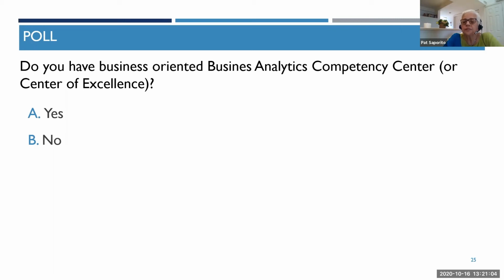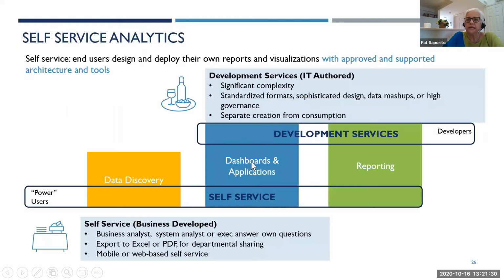And of course, the next key question is, what's the level of maturity of your Business Analytics Competency Center, and where are you trying to go with that? So for those of you who don't have one, what I often tell people is, frankly, you probably have a number of these elements in place. The reality is that they're probably not well documented and organized, and so that can be taken care of. That would be an initiative, and frankly, it is a critical success factor for your data and analytics literacy.